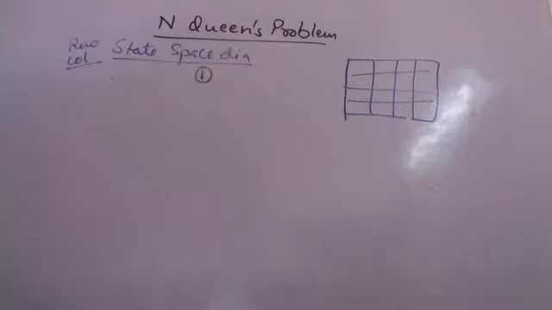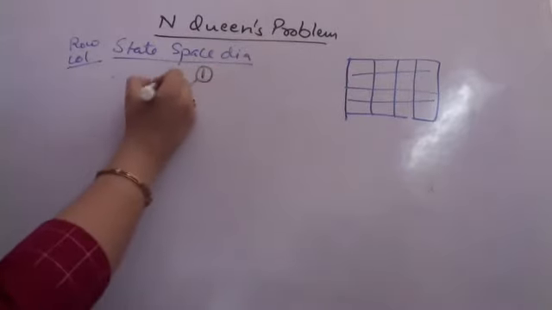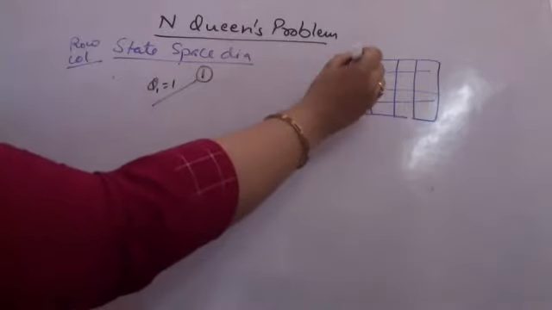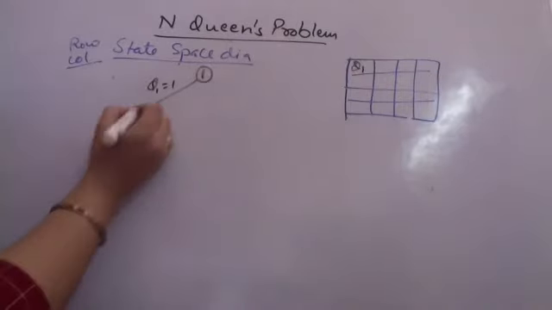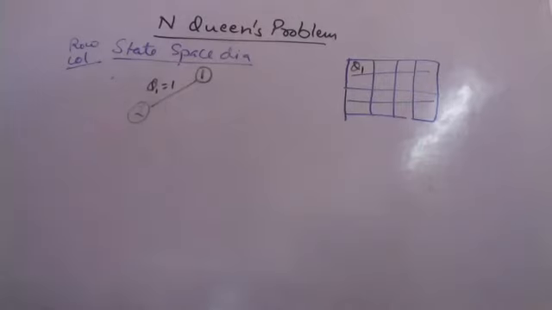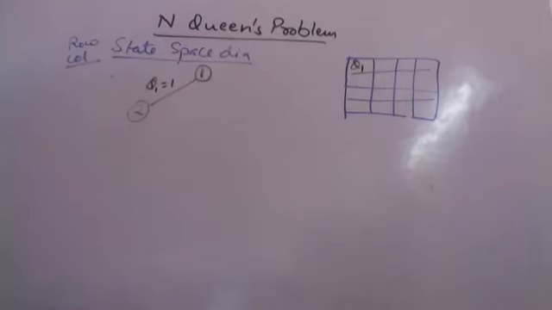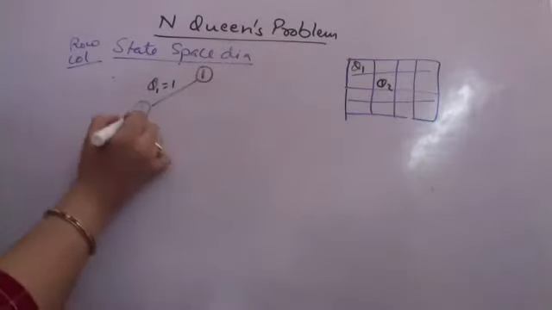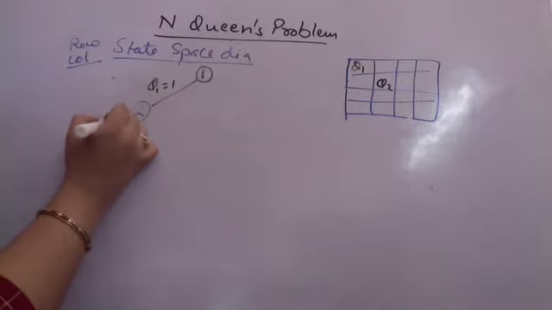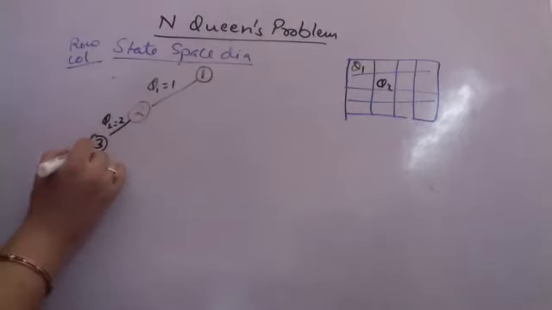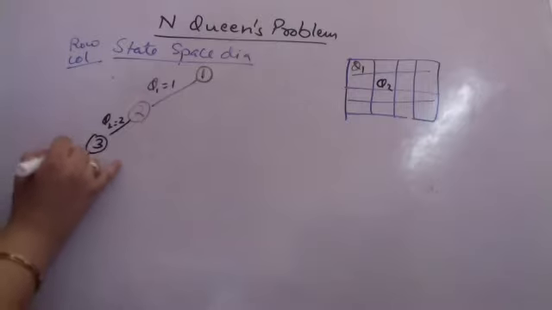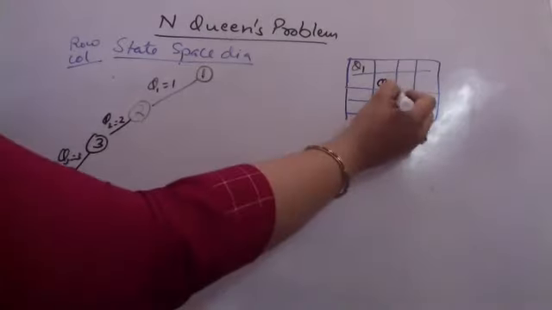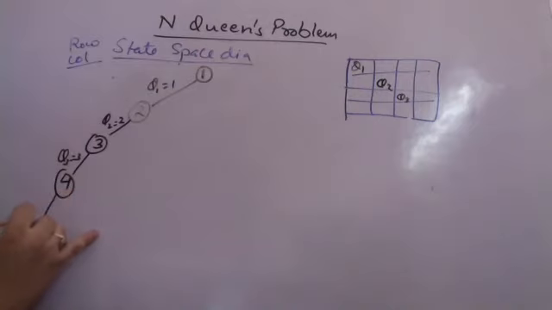So initially, what is happening is I begin with node 1. From node 1, when I am beginning, I am placing queen 1 in the first column. So I place my queen 1 here. I reach node 2. Then I am placing queen 2 in the second column. I am reaching node 3 by placing queen 2 in the second column. Similarly, I am placing queen 3 in the third column. And I am placing queen 4 in the fourth column.